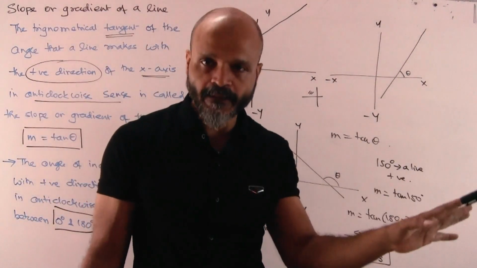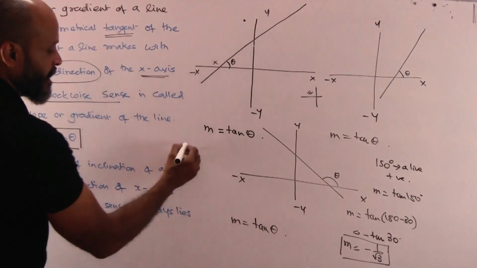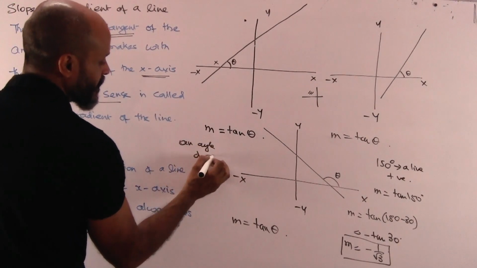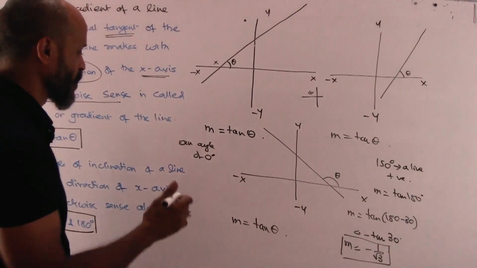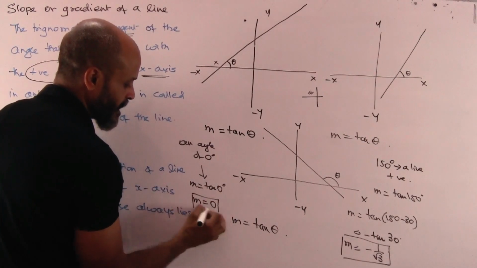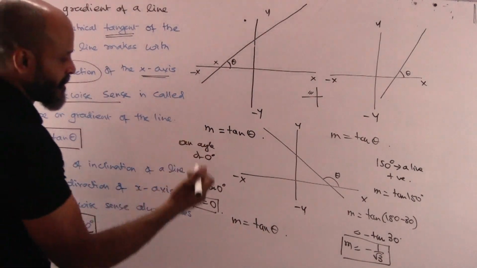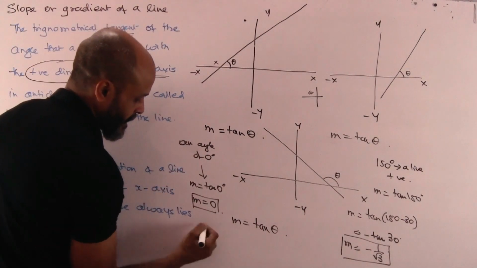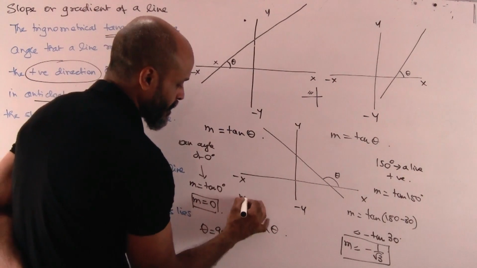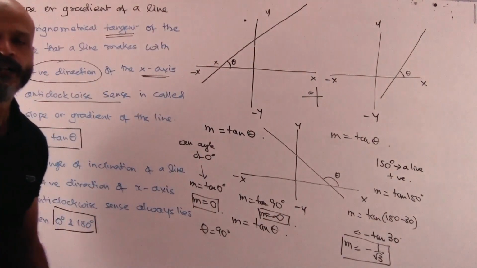So, slope can be negative, slope can be positive as well. Let us say we have an angle of 0 degrees with the x axis. So, what will happen? Here the slope will be equal to tan 0. So, the slope of the line is basically 0. We have different things. If the angle with the positive direction of x axis is 90 degrees, which is basically the y axis, what will be the slope here? m is tan 90, and that will be infinity. The slope here will be infinity. Are we clear on this one, people?